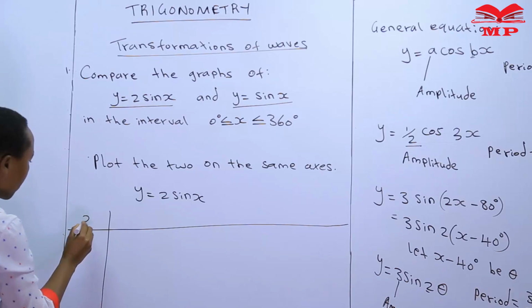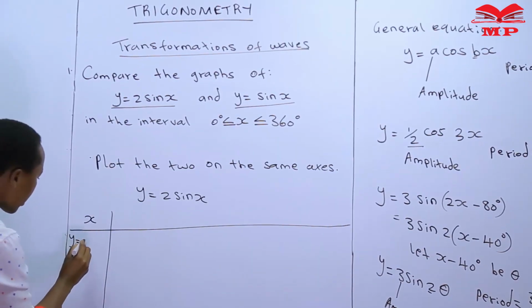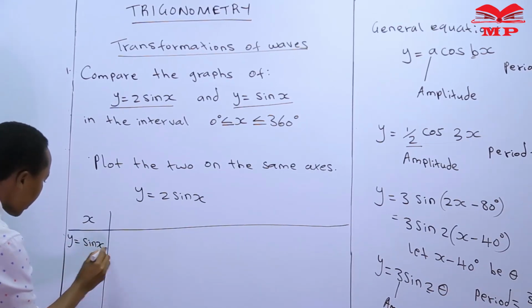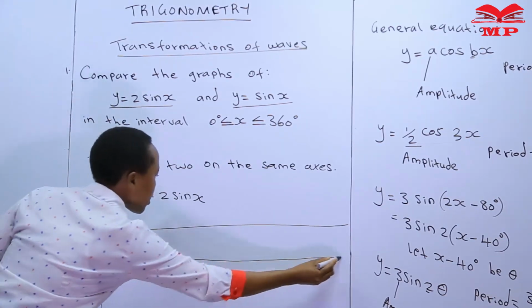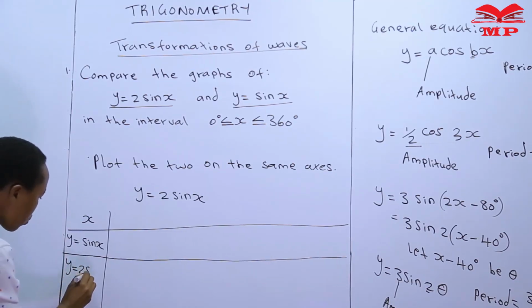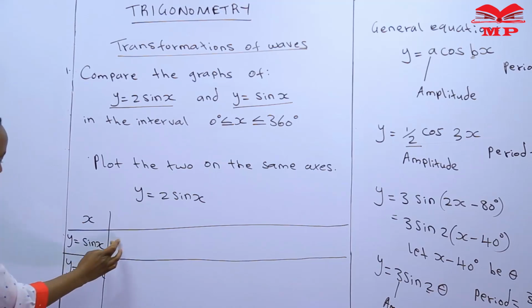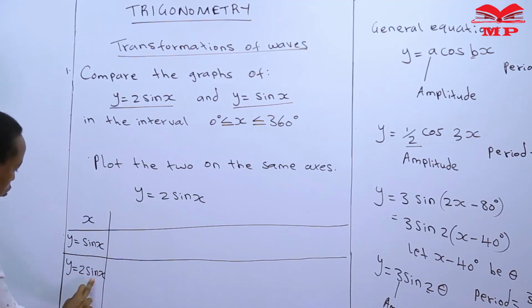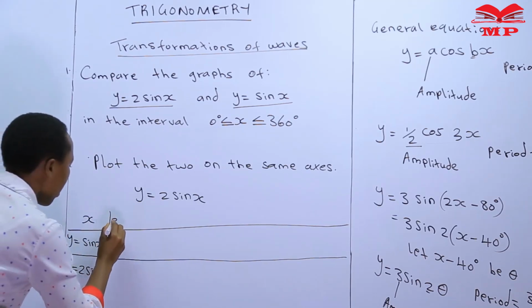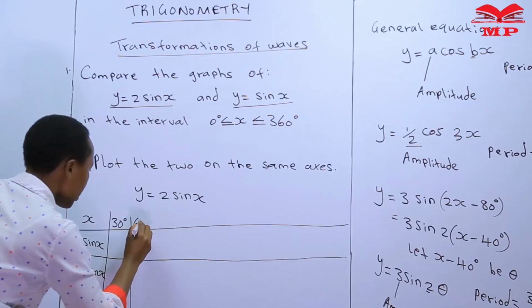So here we have x, then here we have y, which is equal to sine x. Then on the other side, so that we just have one table, we have y, which is 2 sine x. So we'll just be multiplying whatever we get here by 2. So we have our angle, 30 degrees, we have 60 degrees,